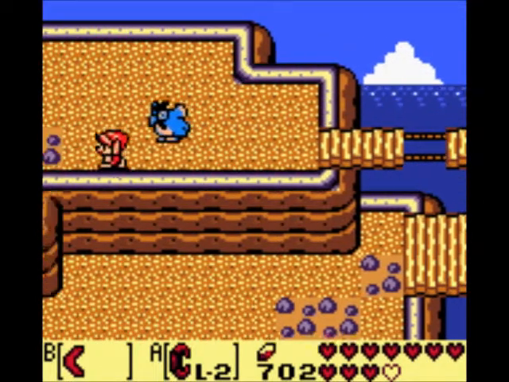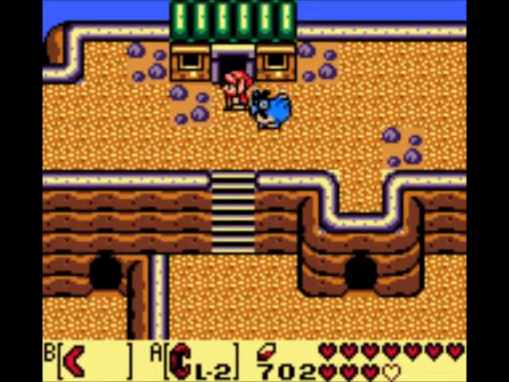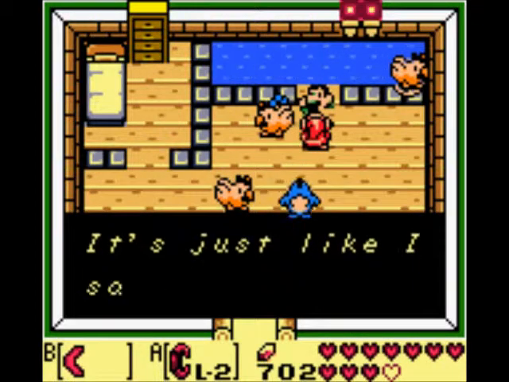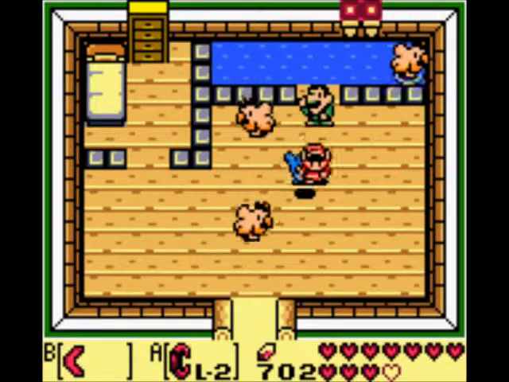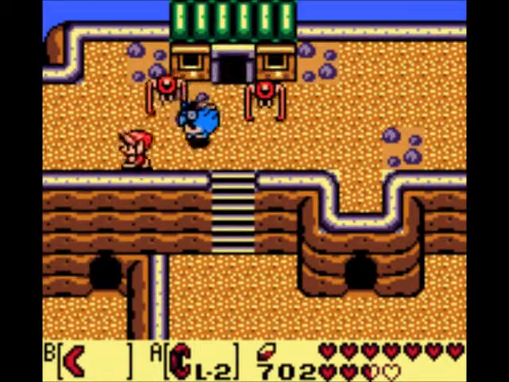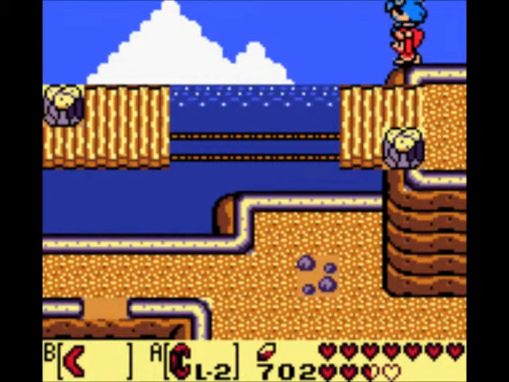From there, you want to go left 2. You can enter the house, and this is what's called the cuckoo house, and this guy is fascinated by cuckoos, and he loves your rooster. He gives you a hint to hold him above your head, basically pick up the rooster. This is how you know you're supposed to use him to fly across the gap. Anyways, from here we want to head left 3 screens,